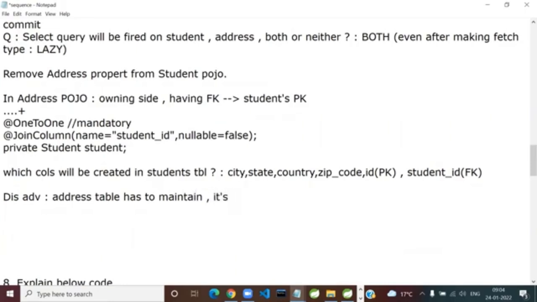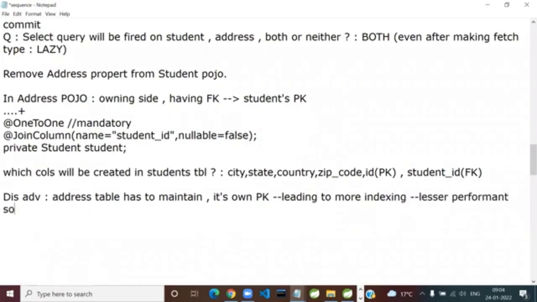This is all database concept, hardly a Java concept. That leads to more indexing, and is less performant. So what is the solution? Shared primary key.